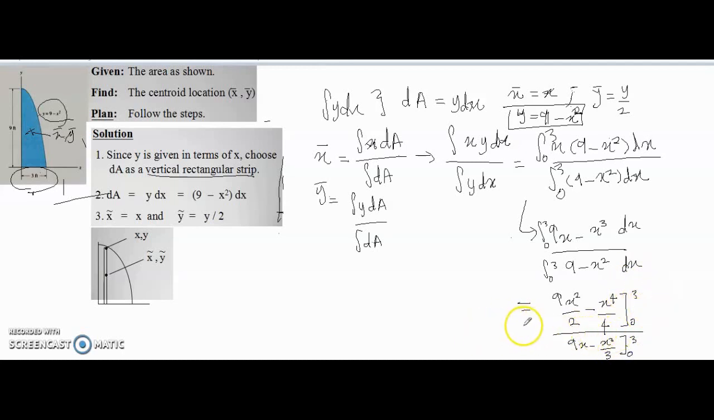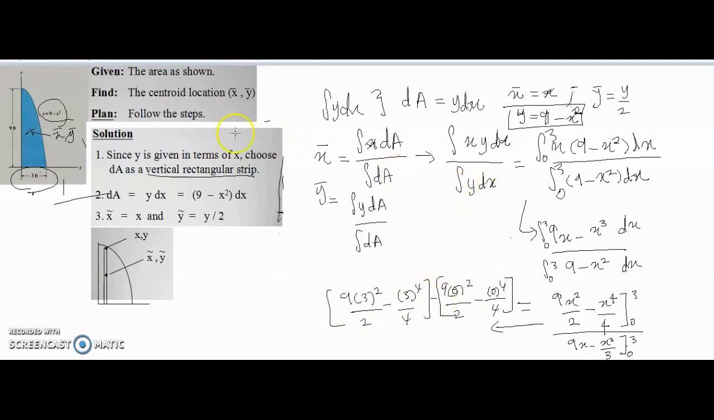Okay, so this one you need to solve 9 squared over 2 minus 3 to the power of 4 minus 9, 0. This one is 0. 4. Okay, and solve for this, you will get,